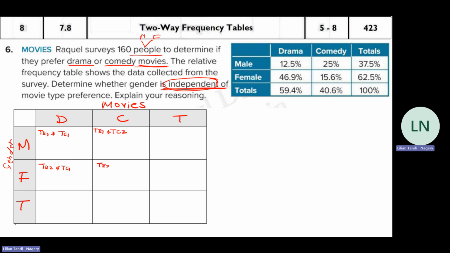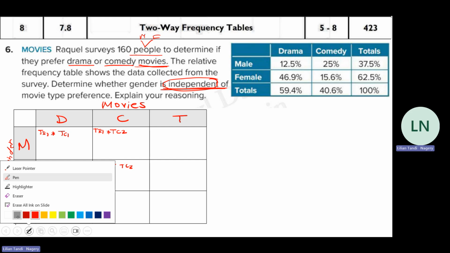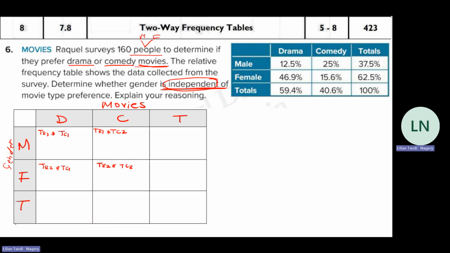Total of row 2 times total of column 2. Now let's put our numbers. So our values are total of row 1, 37.5. So I'm going to write that, 37.5%,